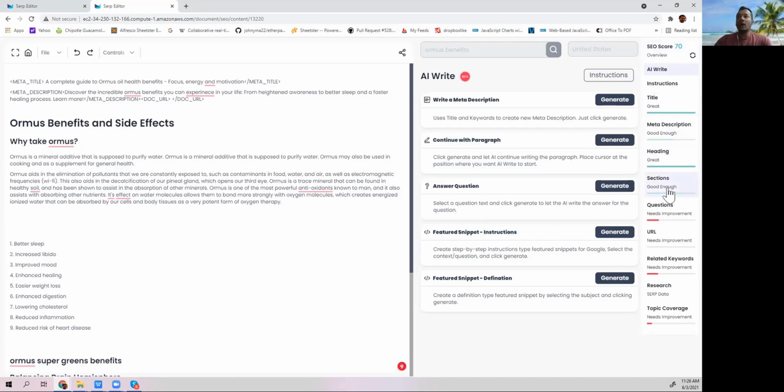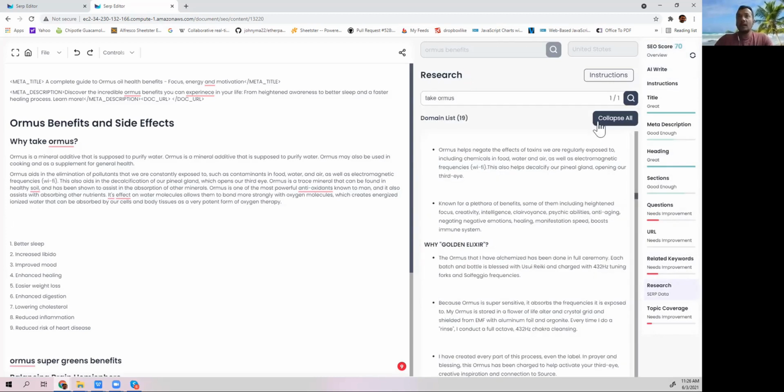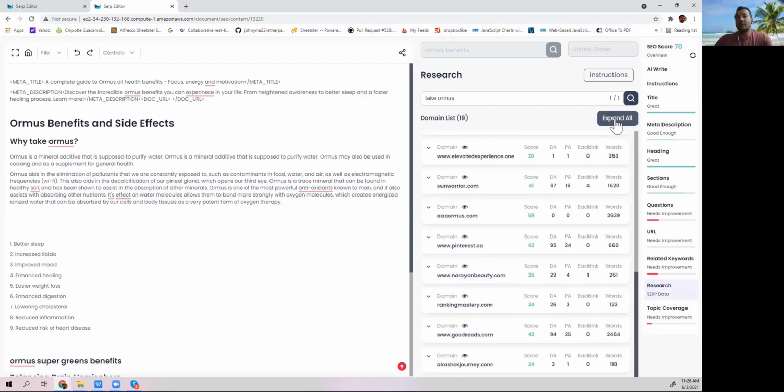So our score is relative to what you do here. And as and when you start approaching 95, it's going to get more and more difficult for you to reach that 100. But I would suggest anybody who's creating content here, it is definitely possible to create all content pieces with a ranking potential of 90 plus. That will really make sure that you are targeting all relevant keywords and everything that you need to in order to rank for that particular keyword. So some people also had questions around research. And people have often been getting confused with what research is.